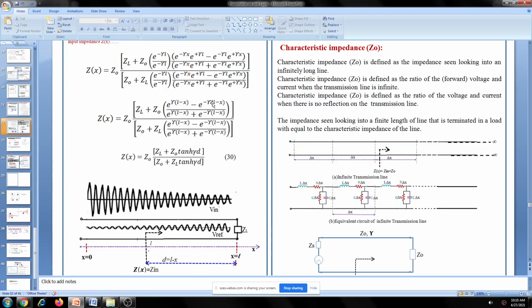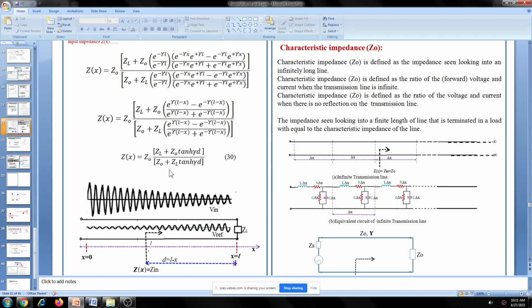This numerator term can be written as sine hyperbolic gamma d, because the j term is not there. Okay, e to the power j theta minus e to the power minus j theta, you will be getting sin theta. But if it is only e to the power theta minus e to the power minus theta, if j term is not there, then it becomes a hyperbolic function. Okay, so this j term is not there, it is a hyperbolic function. Okay, sine hyperbolic gamma d, this is cos hyperbolic gamma d here. So that is a tan hyperbolic gamma d, this one.